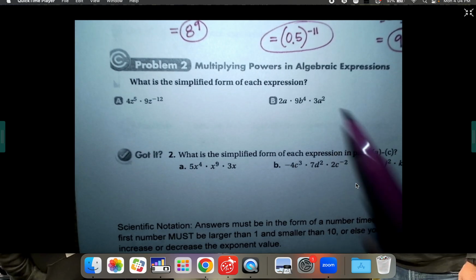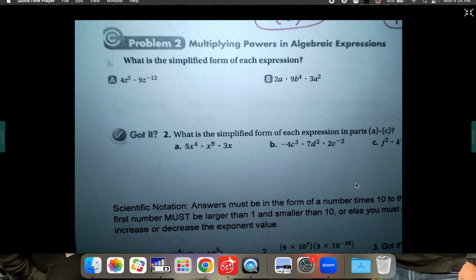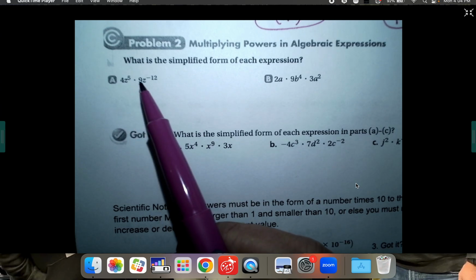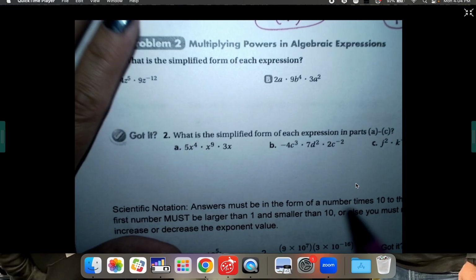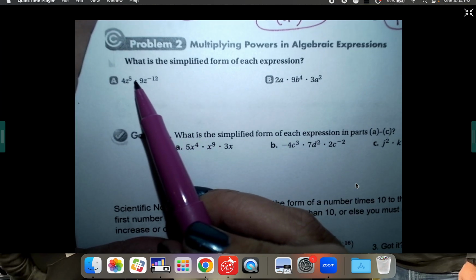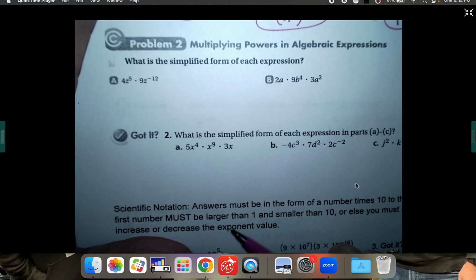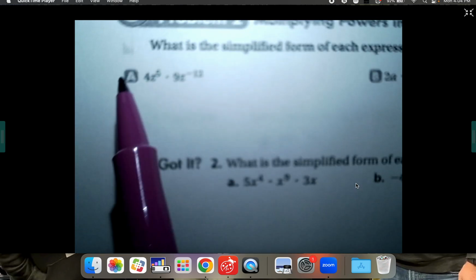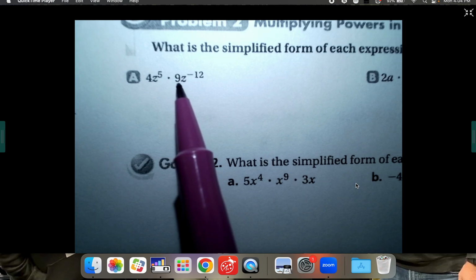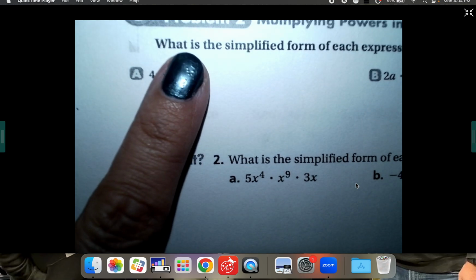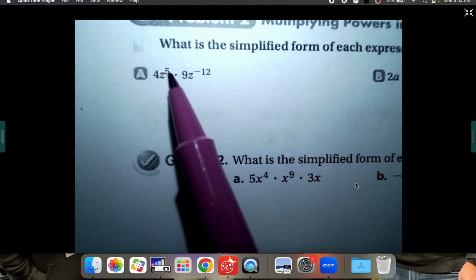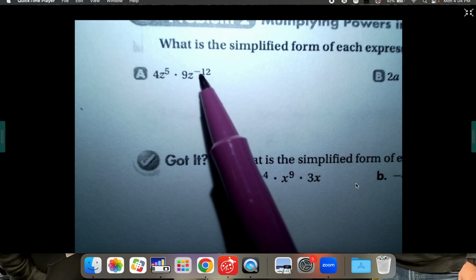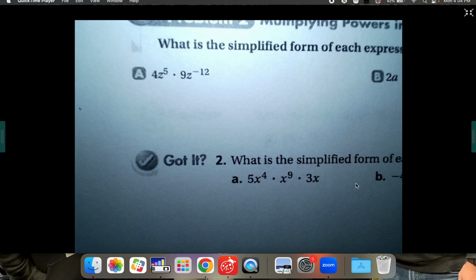Okay, this is when bases are not the same. So when bases are not the same, if the dot is multiply, we're just going to multiply. For right now, I really want you to look at only the coefficients. That would be the number in front of the variable. So we've got a 4 here and a 9 here. I know it's hard to cover them up, but pretend the z's are not there at all. The z to the 5th, invisible. Z to the negative 12, invisible. We just have a 4 times a 9. 4 times 9 is